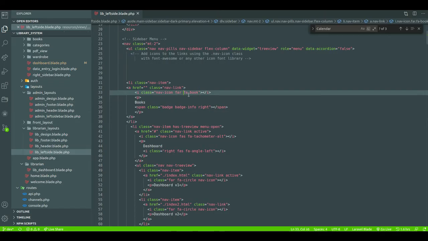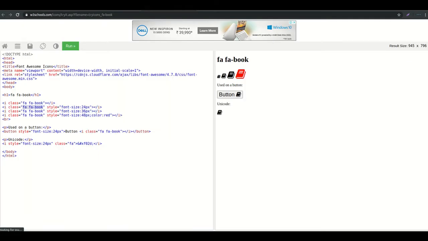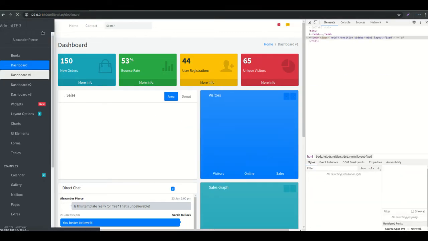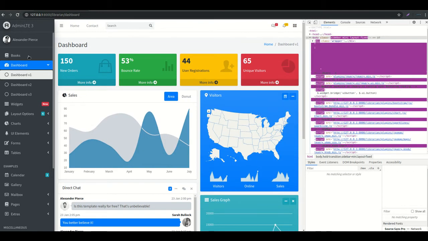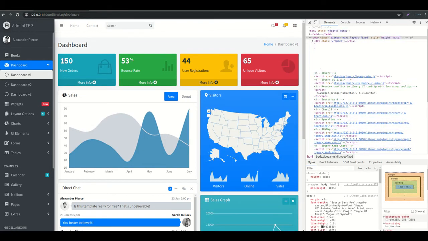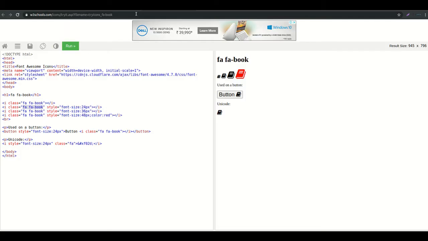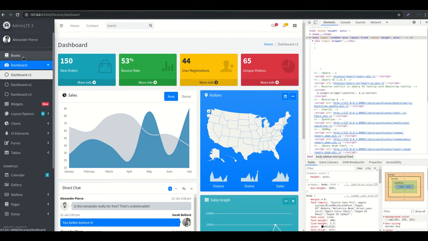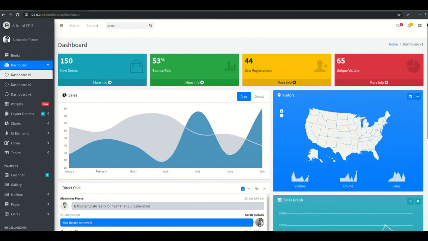Okay, I will put one fa over here. Now I will check. Yeah, changed. Okay, so we got our icon. So in here we only see, means view, the whole book structure.